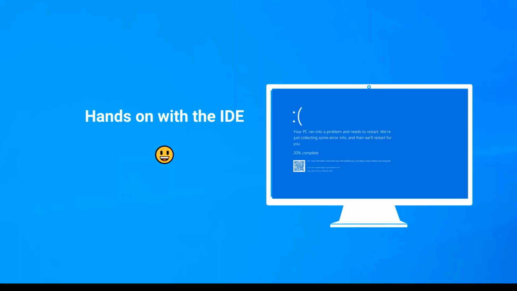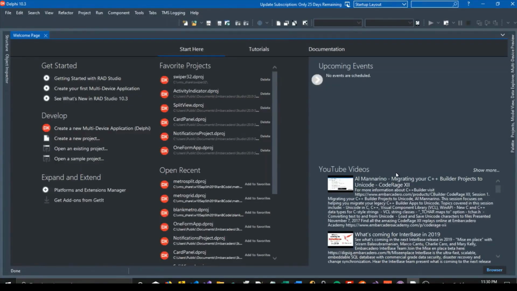Anyway, what I think we'll do now is go hands-on with the IDE. And it's going to be a quick zip through because we are running short of time already. But let's have a look at a few of those options. Okay, well, we're here in Delphi, and this is Delphi 10.3 or RAD Studio 10.3. So it's the RAD Studio with Delphi personality in here. What we're going to do is just look at a few of the examples just so that you can see the kind of components that we're talking about